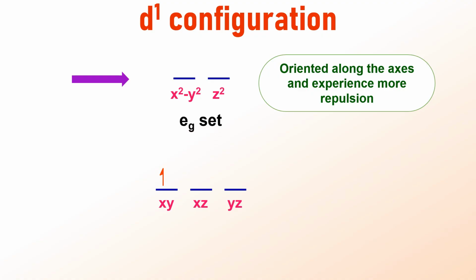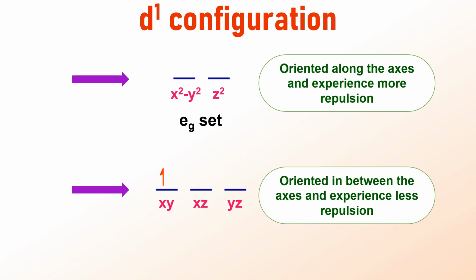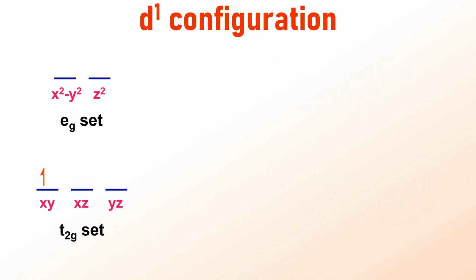The remaining orbitals dxy, dxz and dyz are lowered in energy since their lobes are oriented in between the axes and hence experience less repulsion. These orbitals constitute the t2g set. In a d1 system, the single electron occupies one of the t2g orbitals as shown on the screen. Since all the three t2g orbitals are degenerate and are associated with the same energy, there are three equivalent ways to place the single electron,